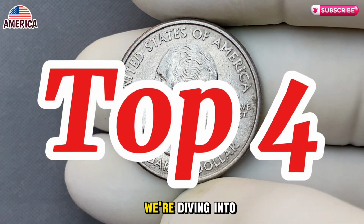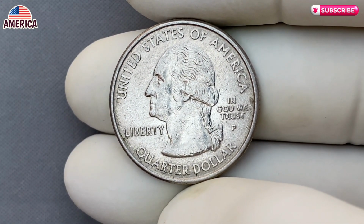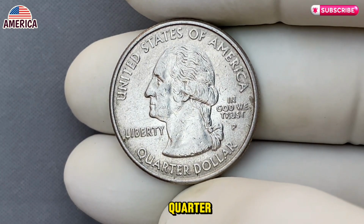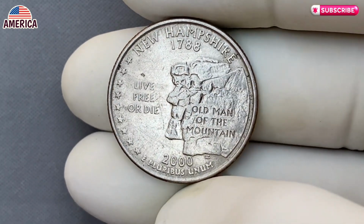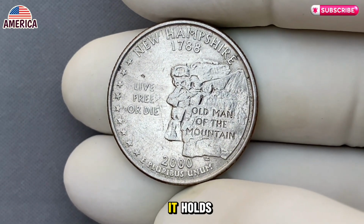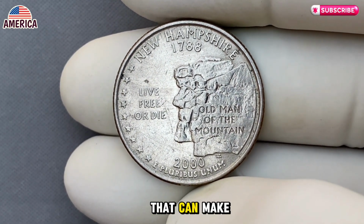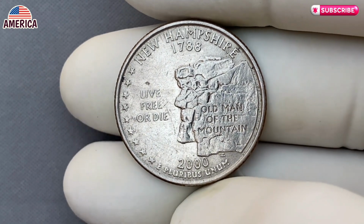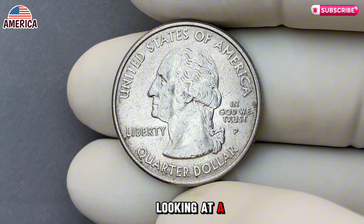Top 4, we're diving into one of the earliest gems in the United States State Quarter series, the 2000 New Hampshire quarter. This quarter might seem like a regular piece of pocket change, but for those who know what to look for, it holds incredible secrets, rare minting errors, and a value that can make your jaw drop. So listen closely, because by the end of this video, you could be looking at a coin worth more than